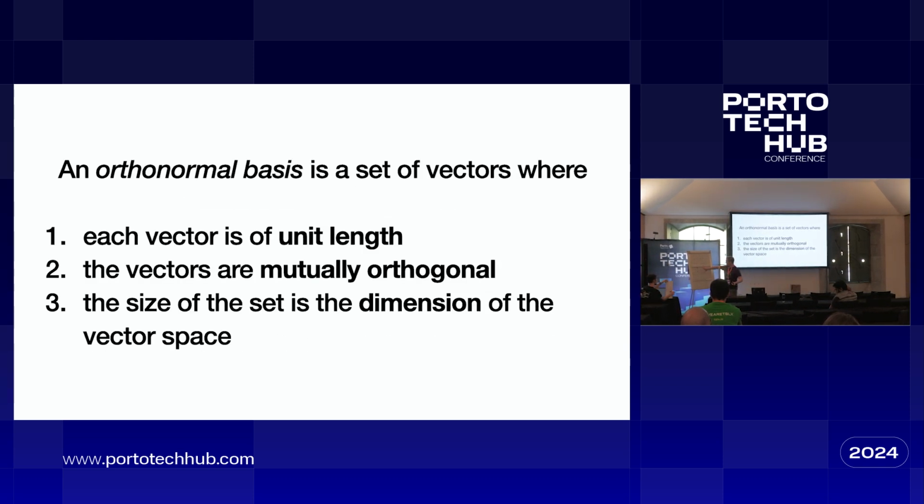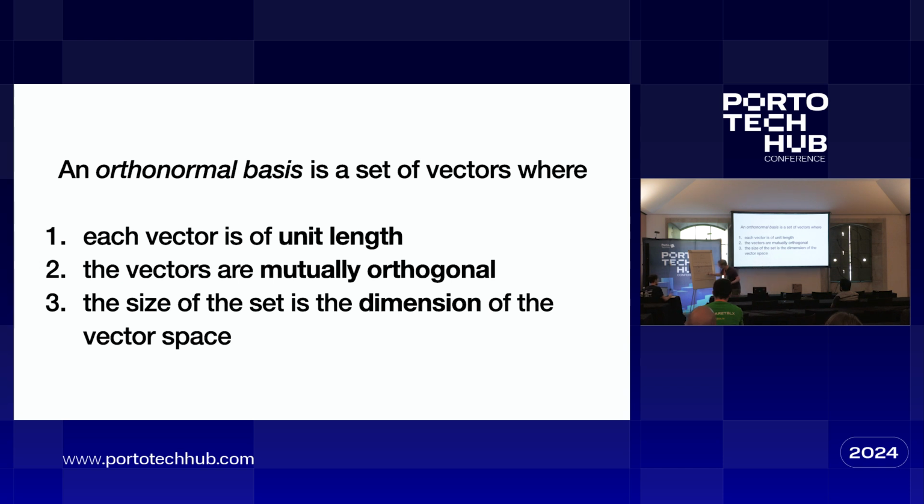Here I have a probability distribution of heads and tails, half, half. This is a two-dimensional vector space because I have two things. The simplest orthonormal basis for this space is the one with (1, 0) and (0, 1). This is an orthonormal basis. Each vector has unit length: 1 squared plus 0 squared, square root. And these vectors are orthogonal: 0 times 1 plus 1 times 0. So this is an orthonormal basis for the space of vectors in which this probability distribution resides, and I'm going to get in a second to why that's important. Does that make sense? Okay.